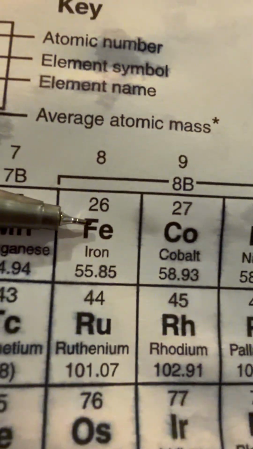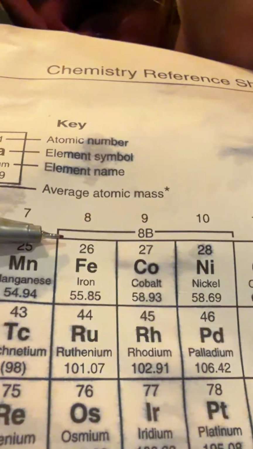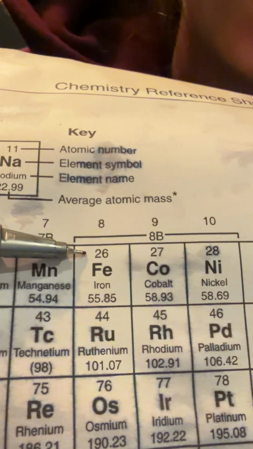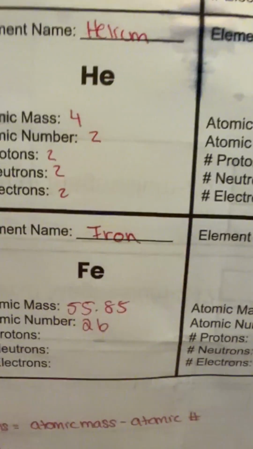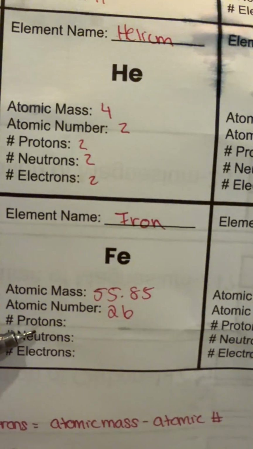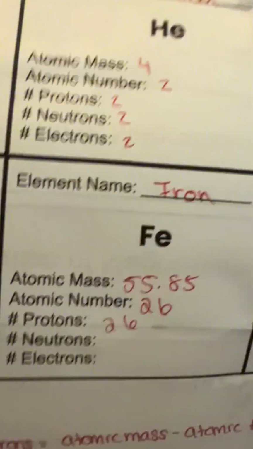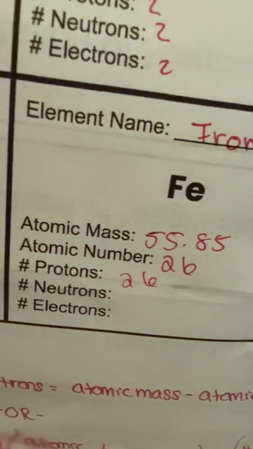What is the atomic mass and the atomic number of iron? Well, iron's right here. We've got an atomic number of 26 and an atomic mass of 55.85. If we know the atomic number, we know the number of protons, 26. And if it's a neutral atom, which we are assuming that it is,